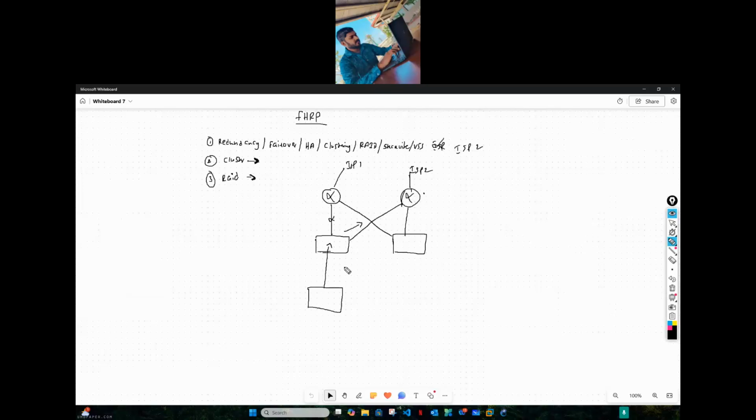But the thing is, when you configure the FHRP protocols, you need to mention that if this link fails, this is what happens. If not, it's not working. So you have to mention the interfaces. If this interface fails, the network traffic will automatically forward to this link, this interface. So these things we are configuring, and I'll show you how to do that, because we are configuring four protocols,